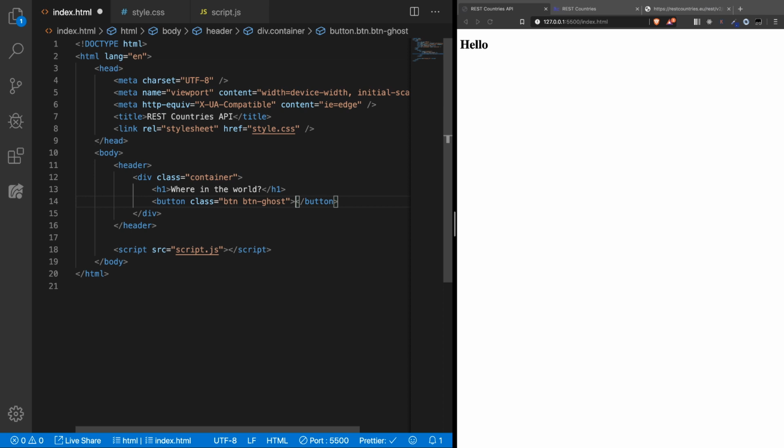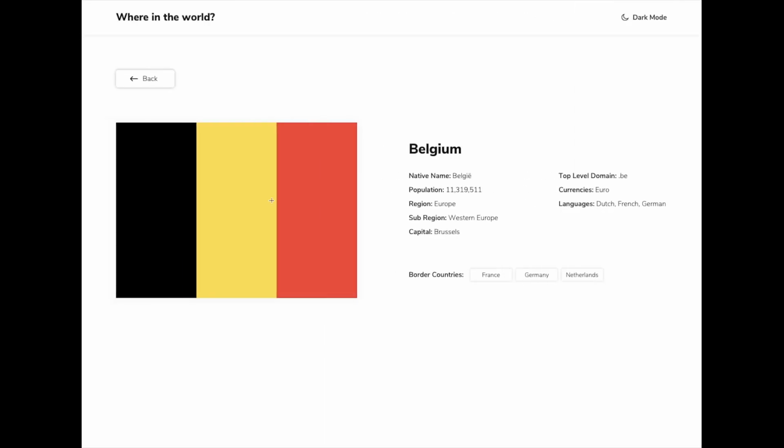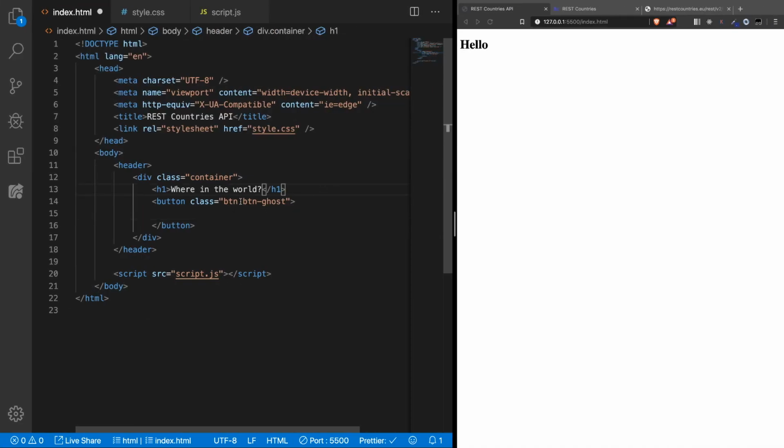So we're going to style the button, but then using the btn ghost class we're going to remove the border and stuff, because in this page you can see we have the back button. Although I said that we're going to do it in a modal. Oh well, yeah, let's not overthink it. Let's keep it a button, and we can have here